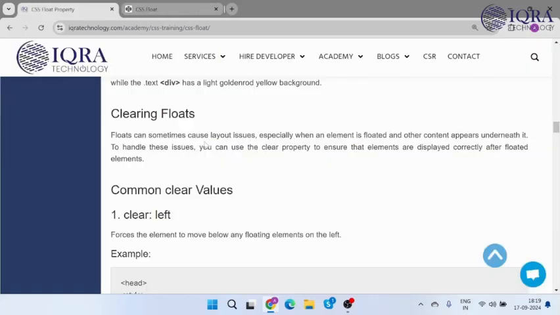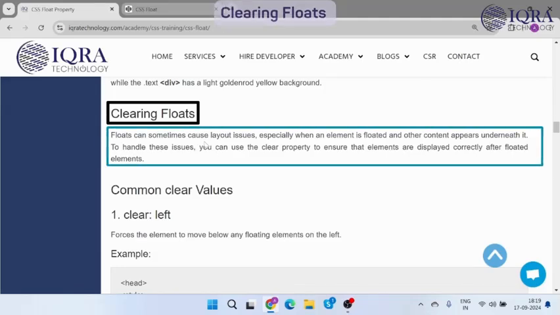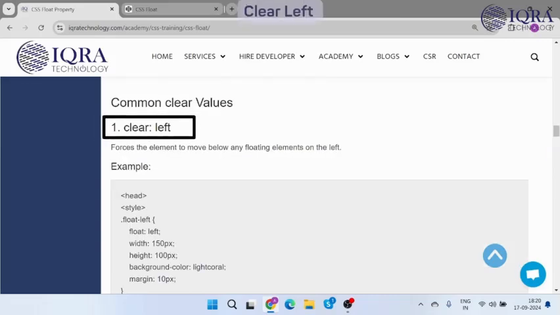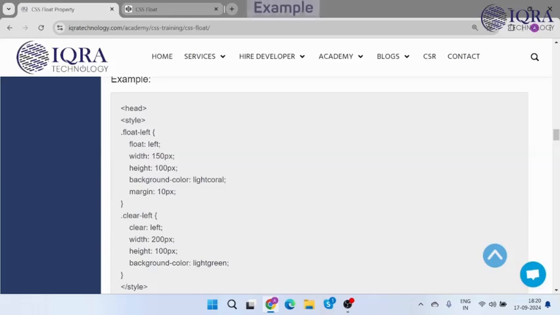Now let's talk about the clear property. The clear property is used to clear floated elements. You can use values like clear left, clear right or clear both to adjust the positioning. For example, let's see clear left. This will make sure that the element doesn't float next to the left side of any floated elements. Here's an example